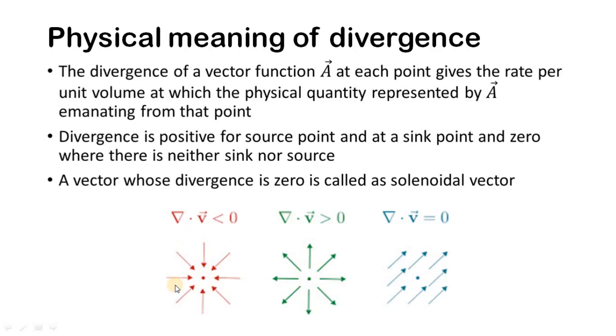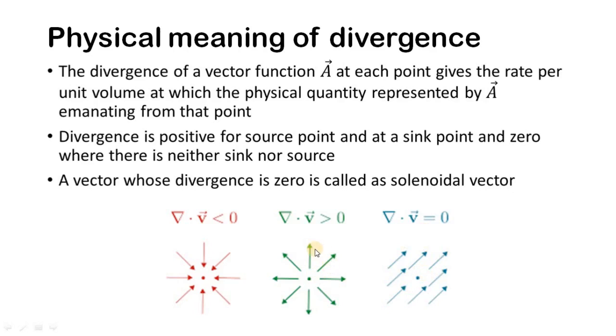And here in this particular diagram, all the field lines are converging on this particular point. Therefore the divergence of the vector at this point is negative, and this point acts as the sink in the source field. Now if you look at this particular figure, this point neither acts as a sink nor as a source. Whatever vector is approaching this particular point, that vector is leaving from that particular point, and therefore the divergence of this point is 0.